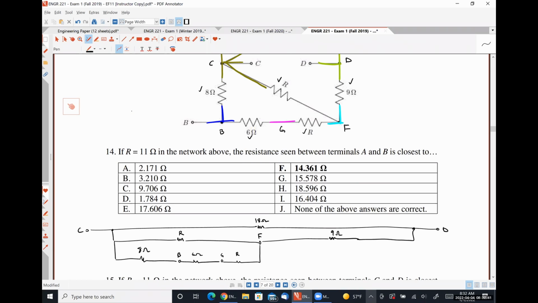So I would have 8 in series with 6 in series with R, that combination in parallel with R, that combination in series with 9, and then that combination in parallel with 18, and ostensibly the answer is then 14.361 ohms if I did it correctly, which I'm going to argue I probably did. It's not guaranteed for sure. I definitely make mistakes, but